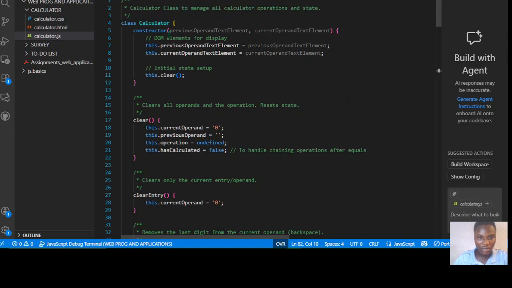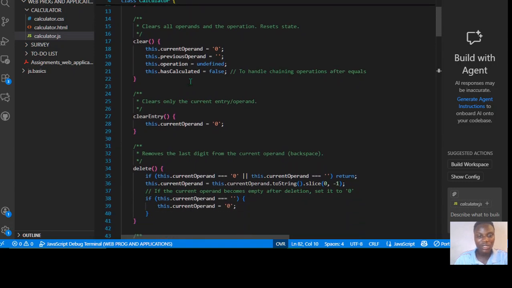So in the class calculator, we have a constructor here. This constructor runs once when the calculator starts, and it accepts two HTML elements, which are the previous operand text element and the current operand text element. And then it has a function, clear, which ensures all variables start empty. So we move on